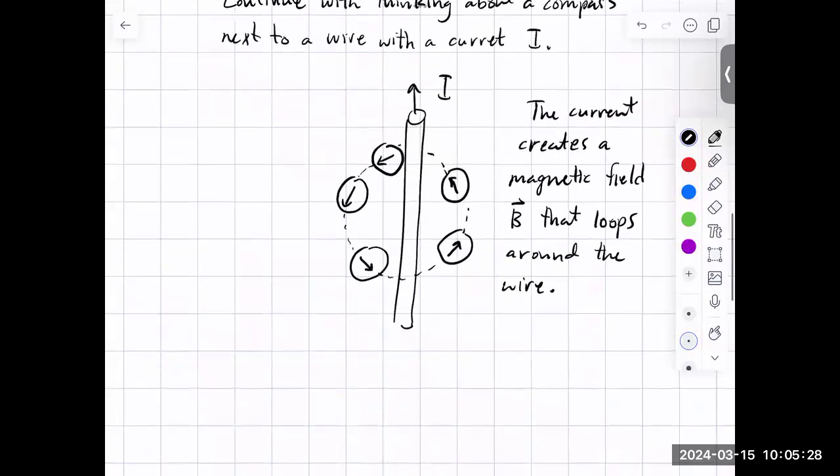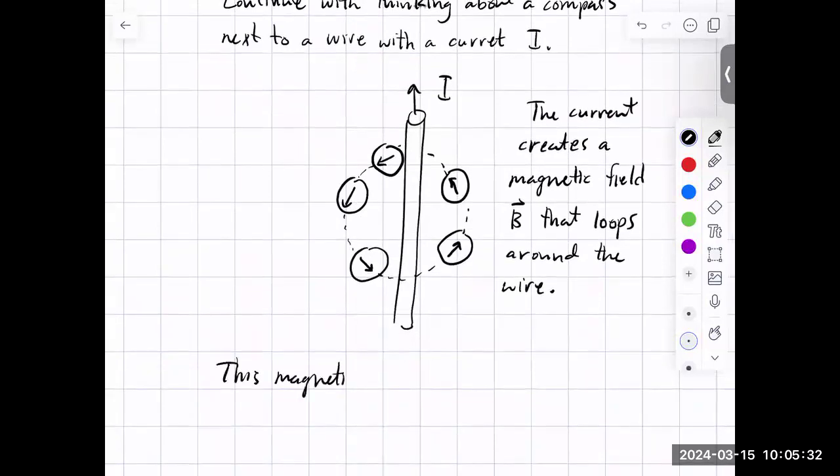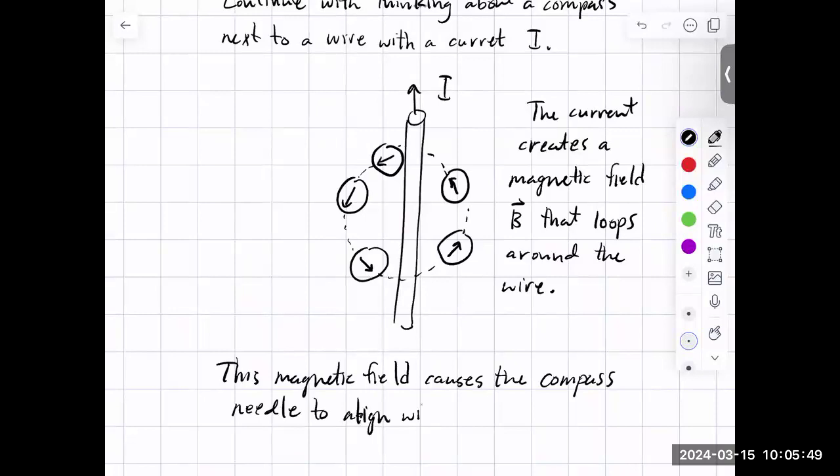And this magnetic field causes the compass needle to align with the field